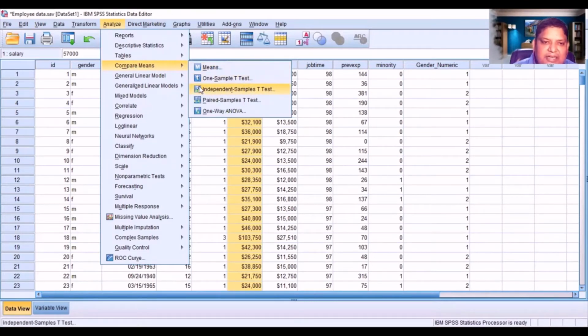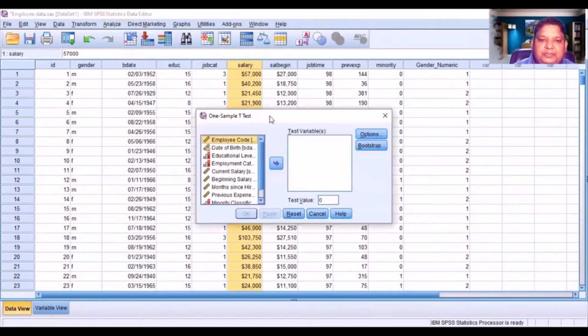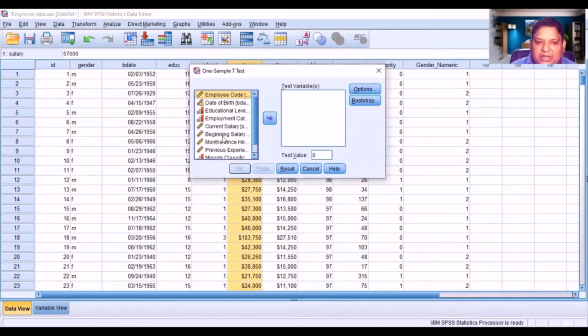Okay, so in the symbol it is T, independent sample T for A and B representing two different categories. Like here we have got male and female, so that is what A and B talks about. You can see it in this icon. Compare Means, One Sample T-Test, click on this. What value do we want to test? We want to test salary, that is, is there any significant difference in the salary for male and female or not? Click on this salary.